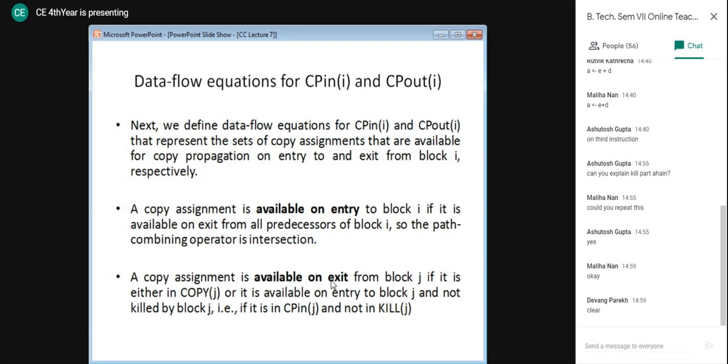And hence it will be obtained by taking an intersection of out of the predecessors for that particular block.